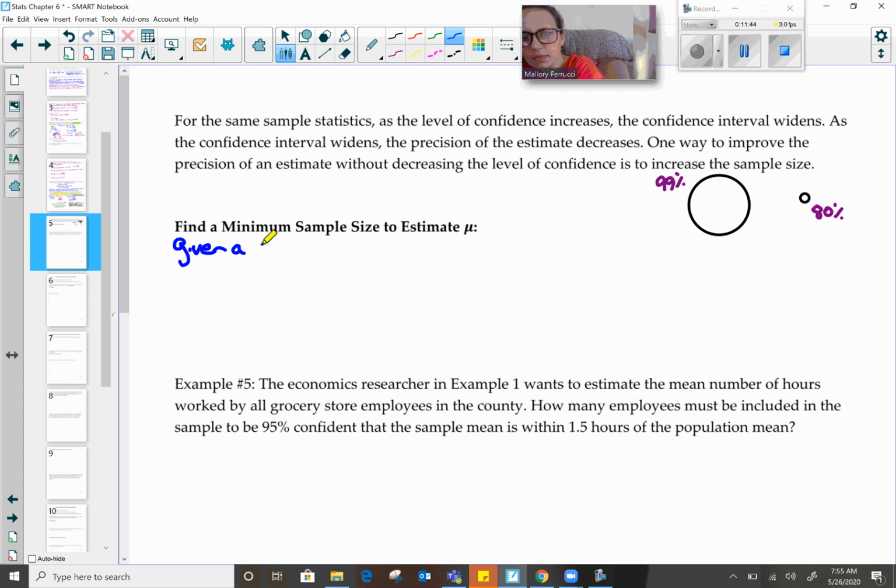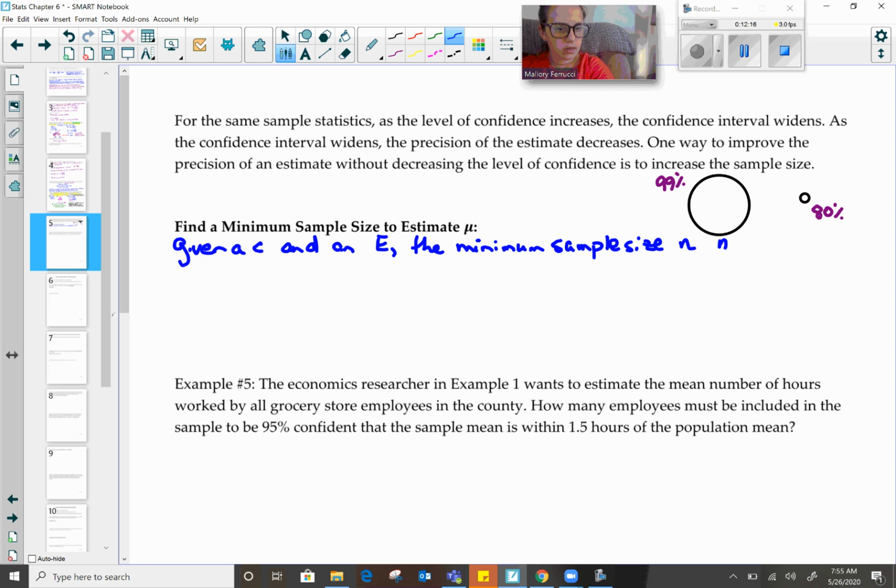Given a C, which is a level of confidence, and an E, which is a margin of error, the minimum sample size N needed to estimate the population mean